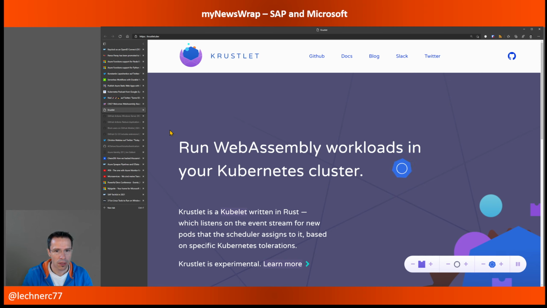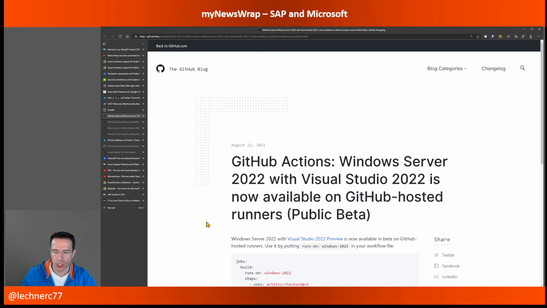Now, that's all from the container side. Let's switch to the DevOps area. First of all, mainly GitHub stuff that I have on the plate this week. GitHub Actions got a new GitHub hosted runner, which is available on public beta, especially interesting for Windows users.